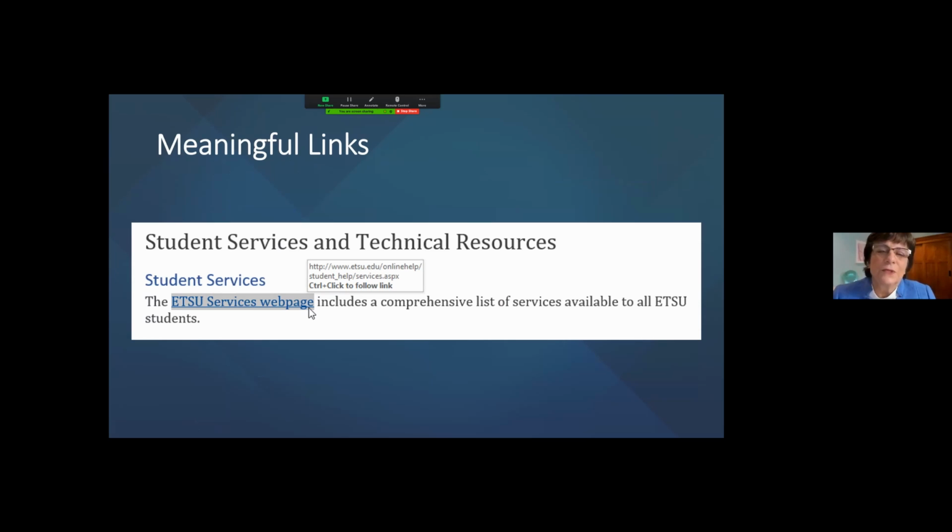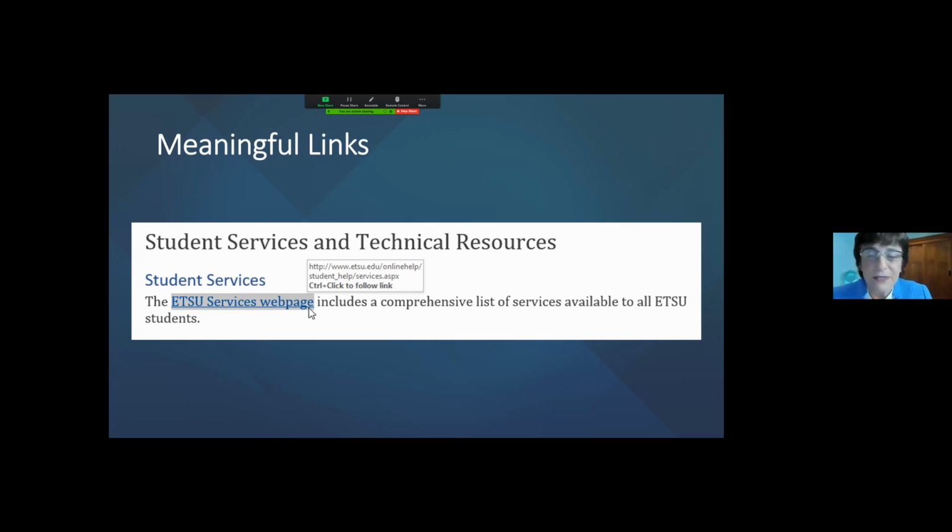On meaningful links, this is a good example here where we're talking about maybe a university, and the services website page is there. It's clearly identified as to where that link goes, and it's underlined. Many people forget to underline the meaningful link and to describe it in more detail.